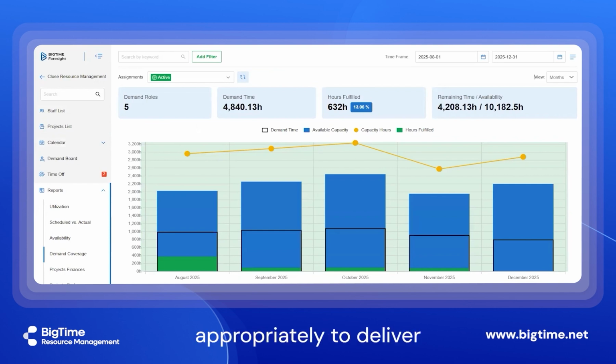Are we staffed appropriately to deliver what's coming through the pipeline without overhiring or missing delivery targets? This is where our demand coverage report becomes essential. It helps you bridge the gap between what sales is booking versus what you can actually deliver and support role